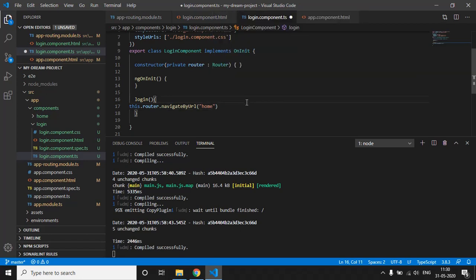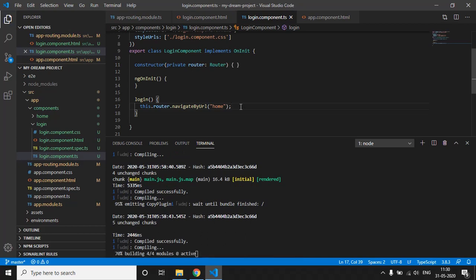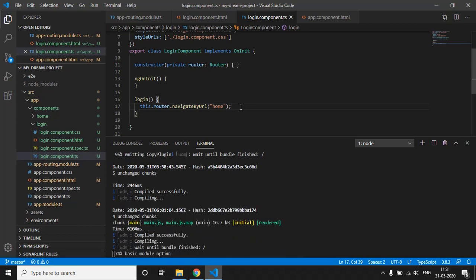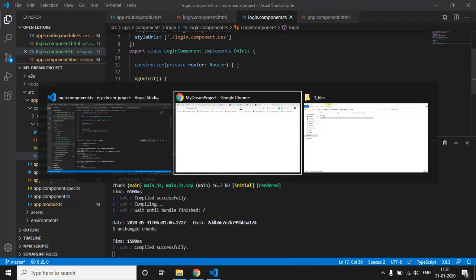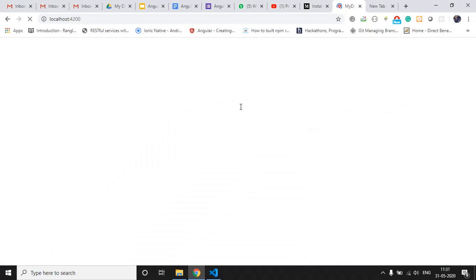Just save it, and let's check on the browser whether it works or not.